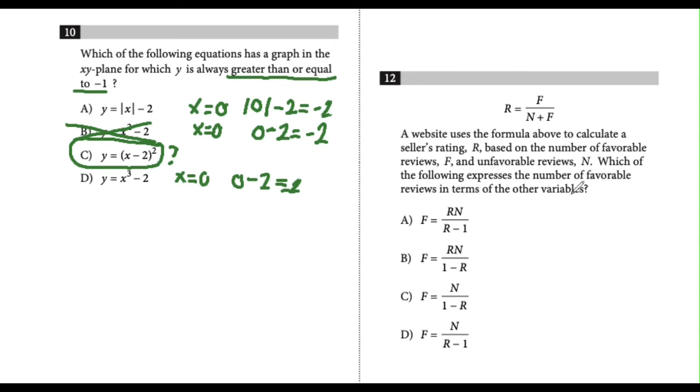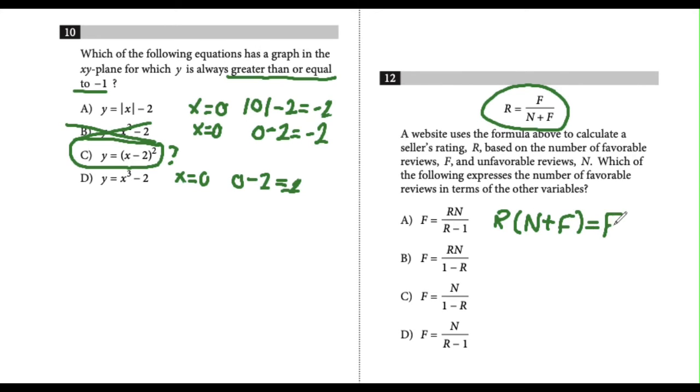For number 12, there's a whole paragraph of nonsense. All we need to do is look at the equation and then look at the answer choices. It's obvious that they're starting off with the equation on top and they're trying to get f by itself. So in order to get f by itself, the first thing that we're going to do is multiply the denominator over to the other side. So we're going to have r times n plus f